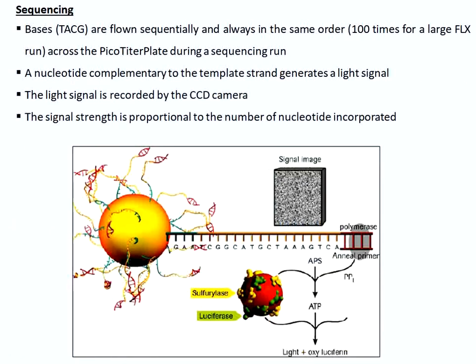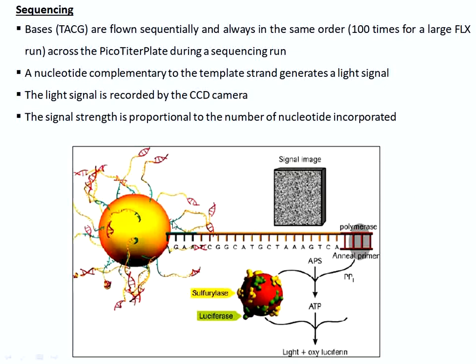Okay. The sequencing in the picotiter well is based on sequencing by synthesis, okay, where the bases are flown timely in a sequential manner in the same order during the sequencing run. And whenever a nucleotide complementary to the template strand gets attached on the template strand, it will generate visible light, okay, as we found in pyrosequencing. And this visible light is then recorded by a charge coupled device camera, CCD camera,